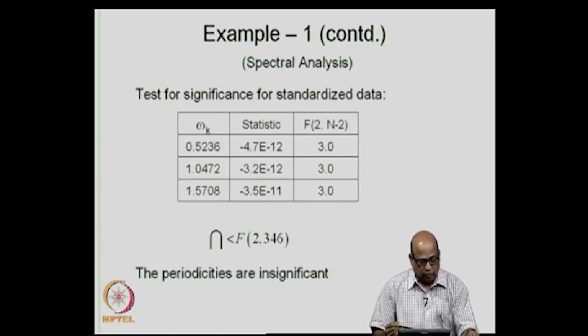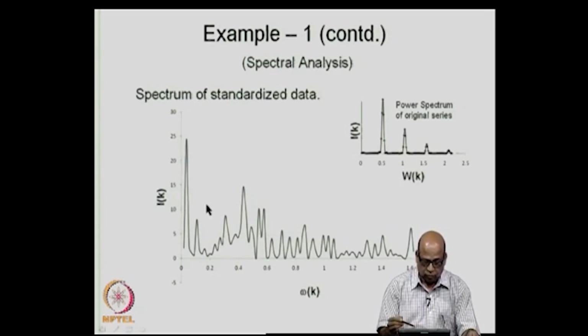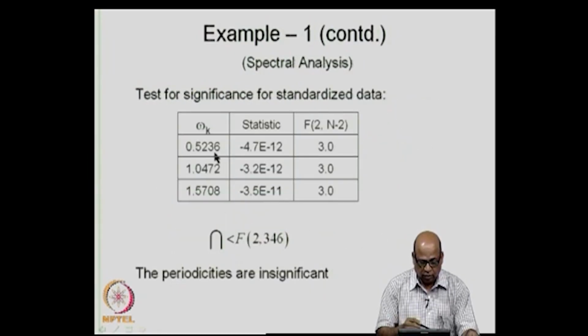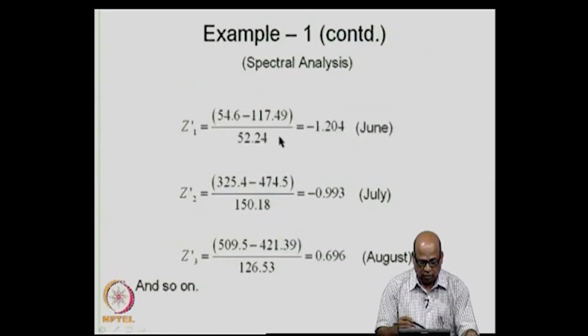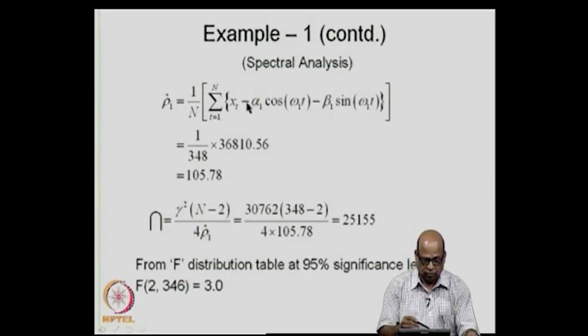So, we see that corresponding to this value, we had a significant periodicity. So, we will check again corresponding to that value of omega k whether the periodicity is present or not. So, we again recalculate the statistic as we defined here earlier. We calculate this statistic